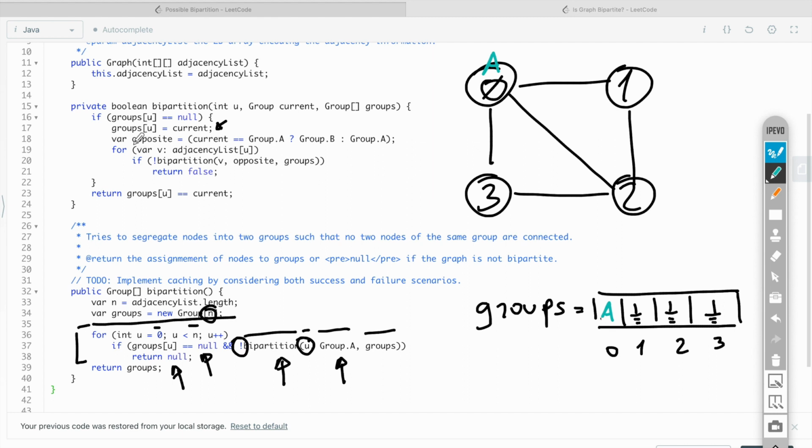That's the reason why we calculate here the opposite group. In this case, it would be B.